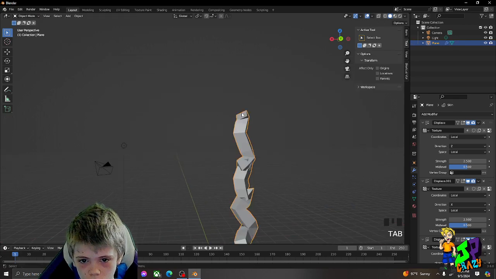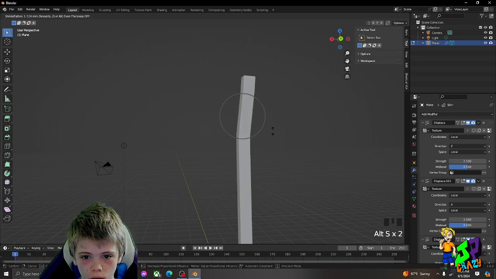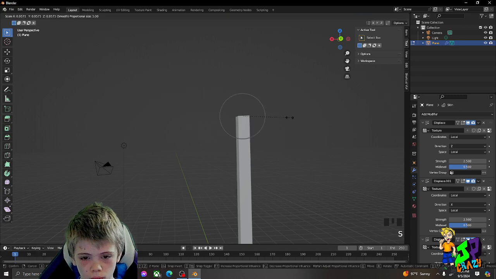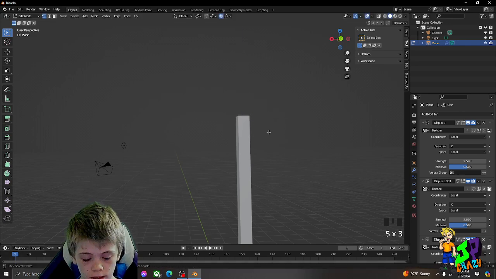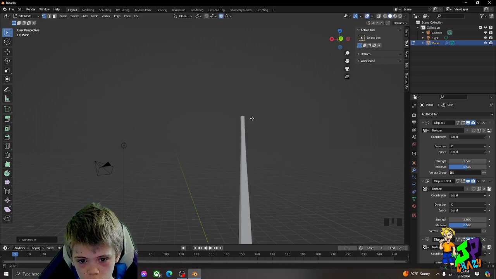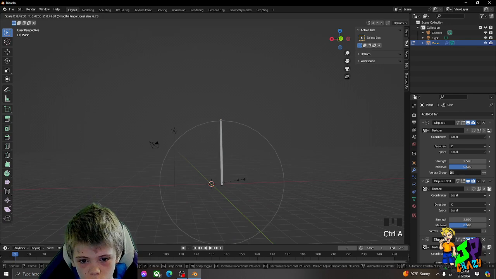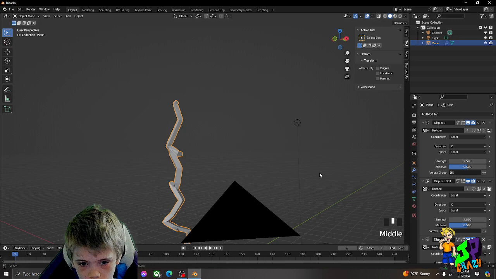Okay, once you have it selected, I'm getting annoyed. Nope. Okay, Control A. Make sure this is zoomed out by using your mouse wheel. Boom. Then you get lightning.